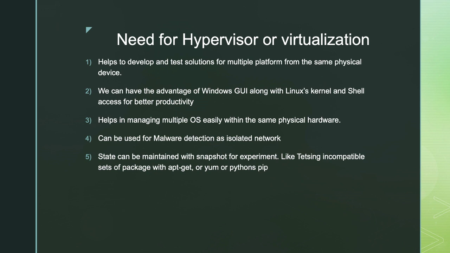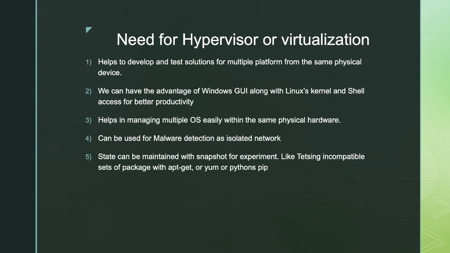Let's suppose you have a dedicated physical hardware on which you are running Windows, and you have your productive work also going on. Your office email is also there, and you have your PPT also running, and so many things you do. You're chatting, Teams, Outlook, everything. And you are a malware researcher and you want to research a Windows malware, a Windows PE executable file. If you use the same physical machine to do the research, it might hijack or hack your system. So that's not a feasible environment.